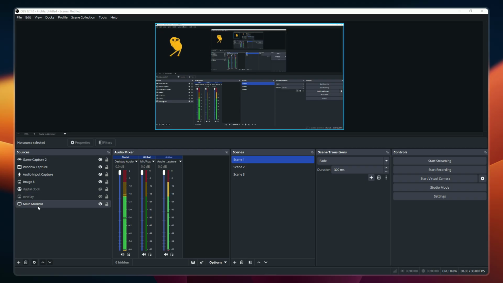Now direct your attention to the bottom left corner of your screen where you'll find the Sources panel. This is where all your active sources are listed, including things like display capture, game capture, video capture device, media files, audio input capture, or window capture. Each of these sources can be renamed to something more meaningful that helps you identify them quickly during your streams